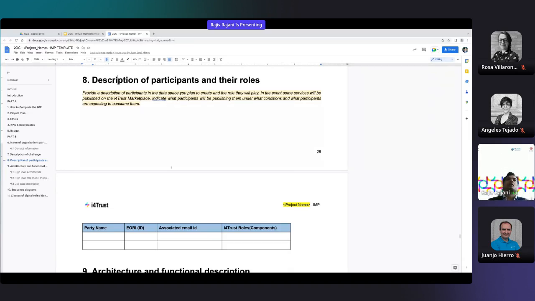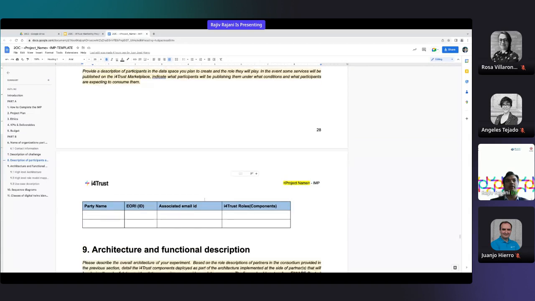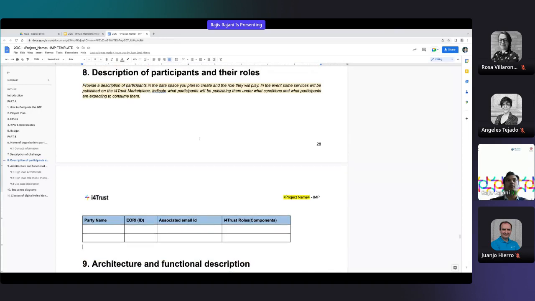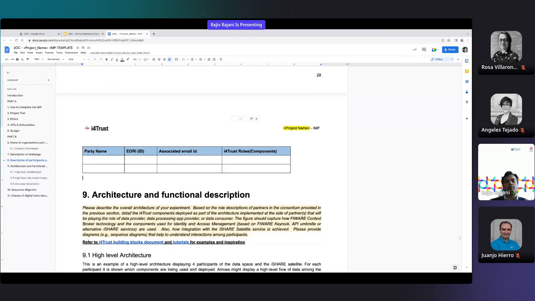So some basic items are placed here which help you fill them in the specified format, but of course you can add more descriptive information here. Again, this section is also something that you can copy paste from your proposal document.